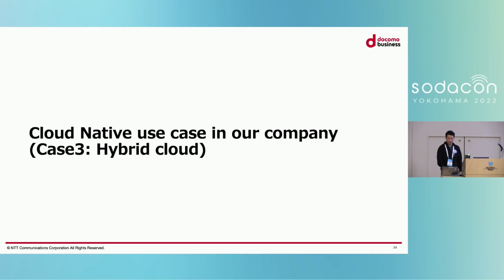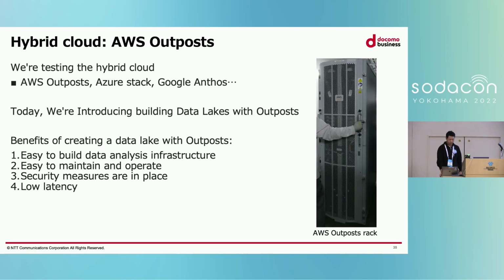Finally, here are some examples of hybrid cloud applications. As a hybrid cloud, each cloud provider offers products such as AWS Outposts, Azure Arc, and GCP Anthos. Today, we focus on AWS Outposts. There are 4 advantages of using Outposts to create an on-premise data lake. The first is that built-in storage and data analysis infrastructure